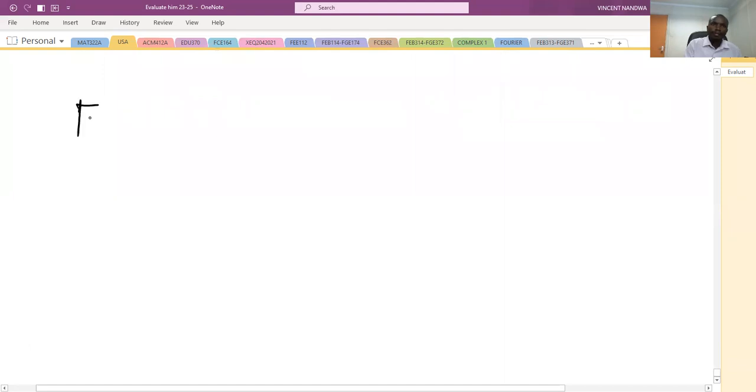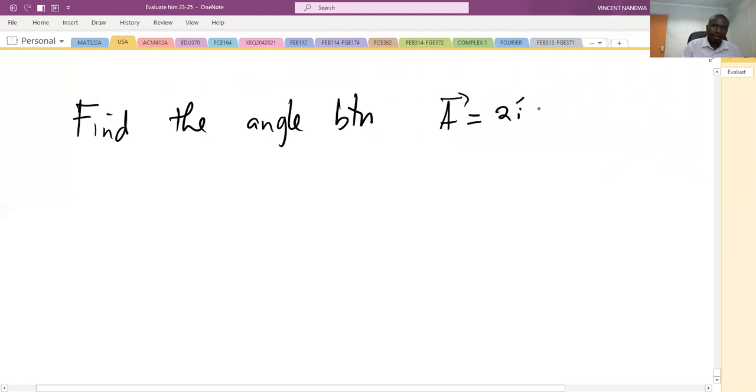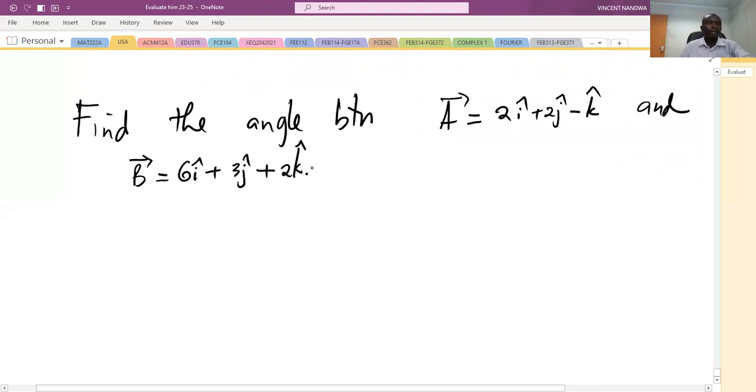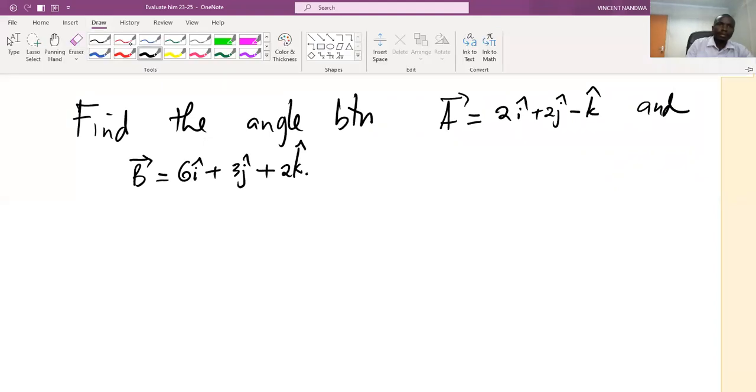Find the angle between the vectors A, we have 2i plus 2j minus k, and B, we have 6i plus 3j plus 2k. So this is just application of the two formulas of dot product. So we say